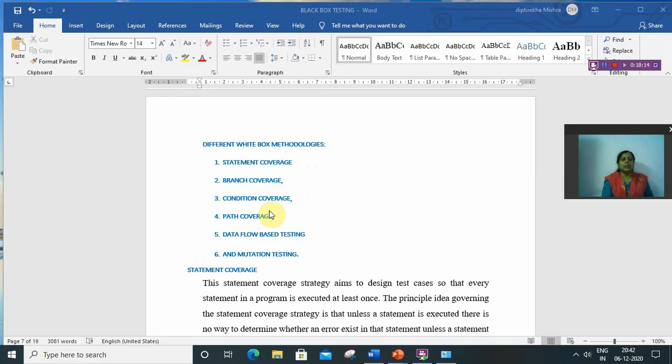In path coverage it covers all the linearly independent paths, and data flow based testing covers all the variables, where the variable is defined and where it is used. And mutation testing means the programmer knowingly introduces some error or changes the program and checks whether the test suite finds the error or not. So this is all about white box testing.